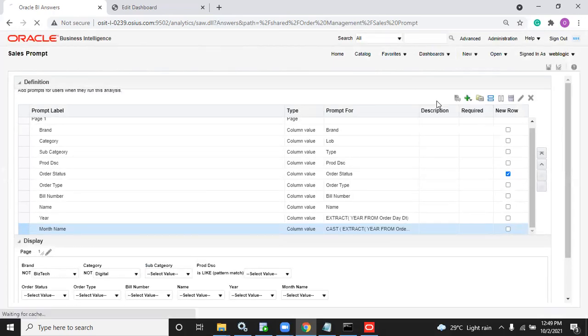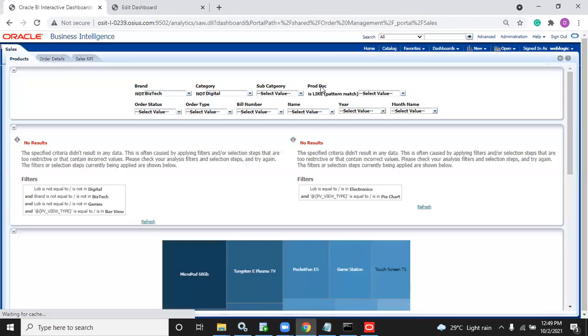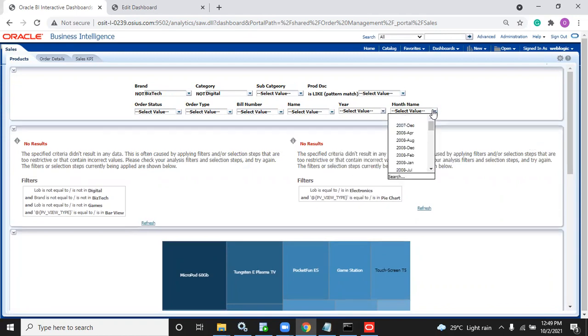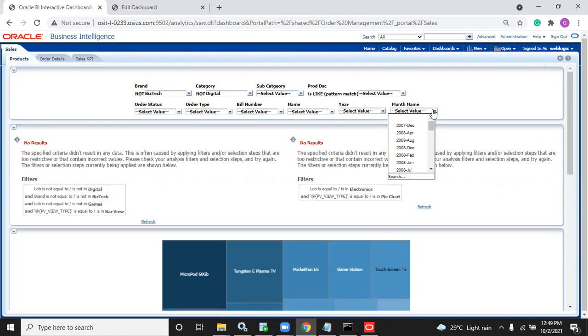I think the user will want it to be like that: there should be a drop down in each year to select the month. Here is the year. Month is it? I did not get you. Drop down in each year in the sense. See, like 2008, there should be a plus sign on the year, and when you click on the plus sign, it will show you the month of that year.